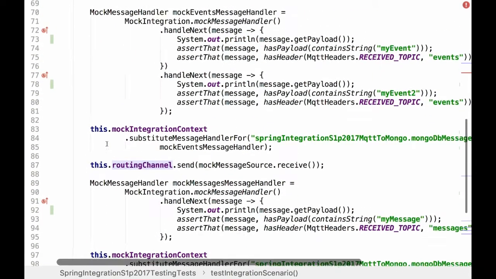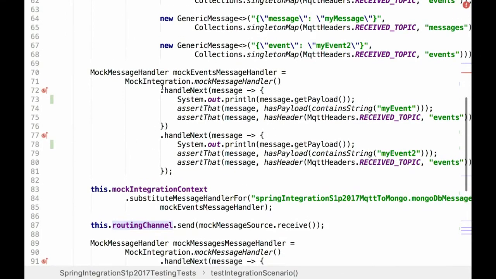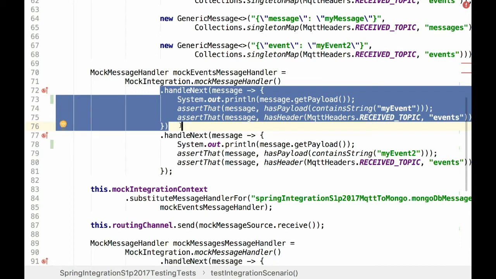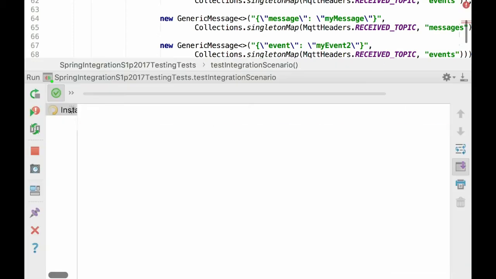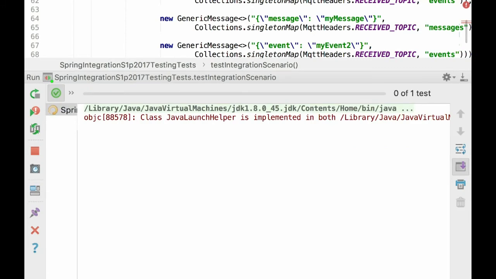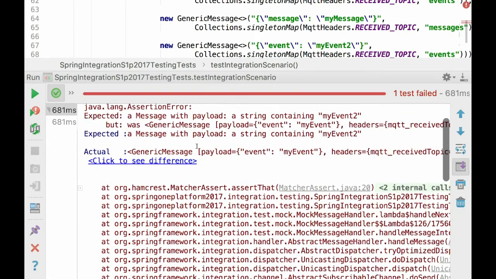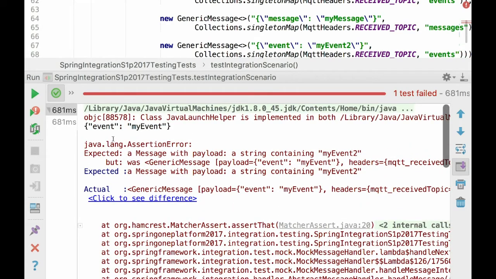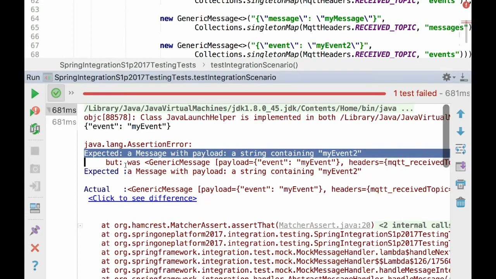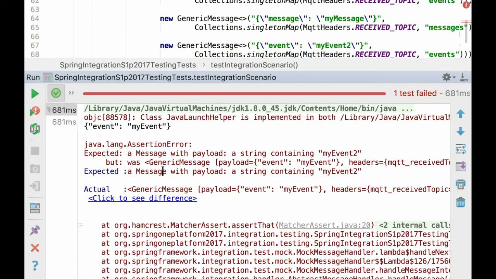We just need to comment out some piece of code. Since we don't have verificator for the first message, we get a failure. That's how new features in Spring Integration testing framework work.